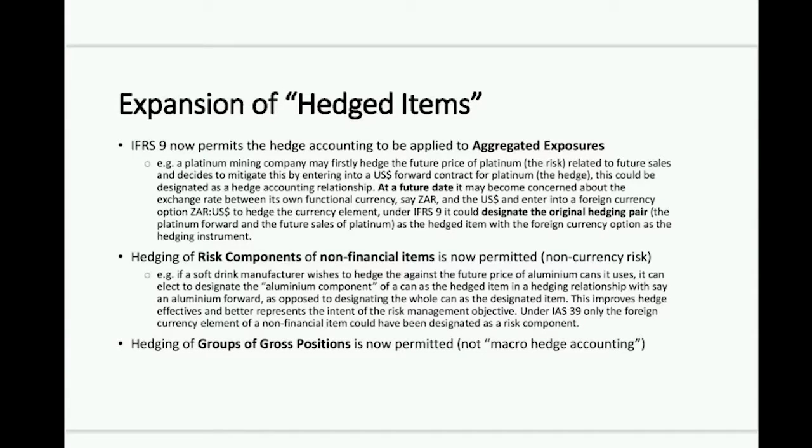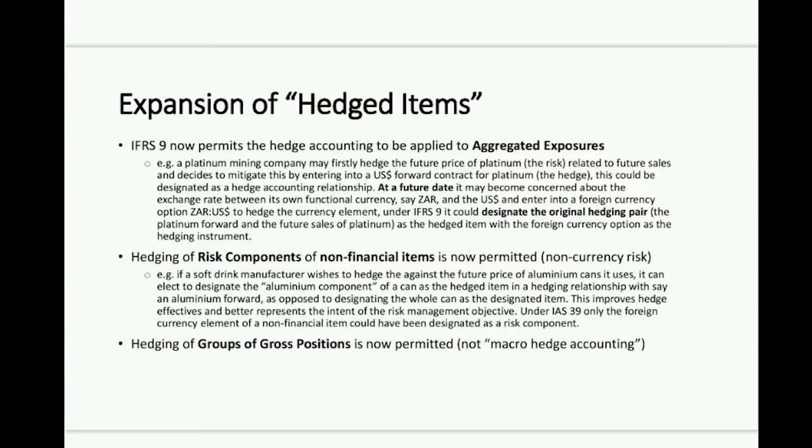Because all of these other components are not related to the price of aluminium directly, if you wanted to hedge the entire can, you could only effectively hedge the aluminium component in the market. So if you hedge the aluminium component in the derivative, but in the actual hedged item, the can, you've got 30% of other things not related to the price of aluminium, that can give rise to hedge ineffectiveness. Under the rules of IAS 39, that would have kicked you out of hedge accounting altogether. But even under IFRS 9, it may distort the perceived effectiveness of your hedge.